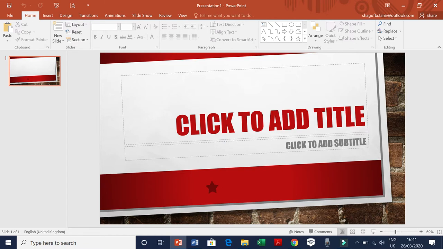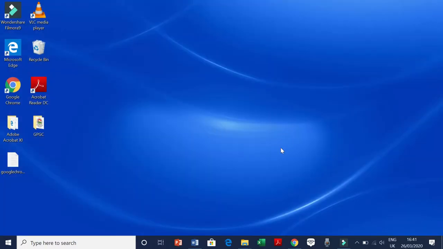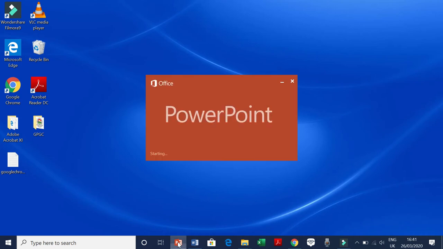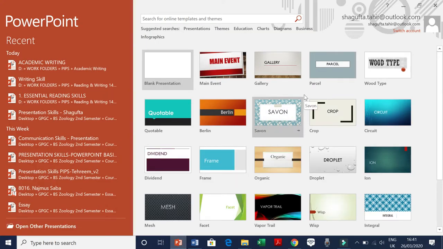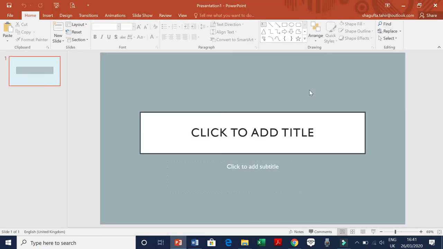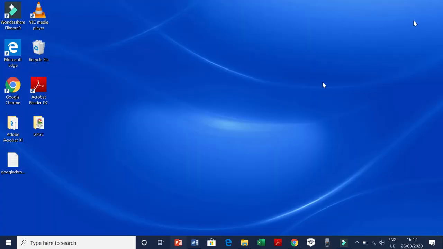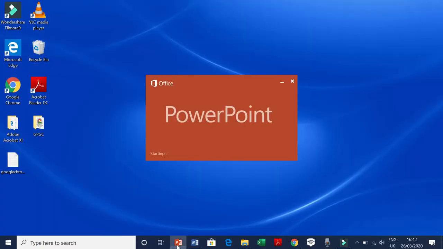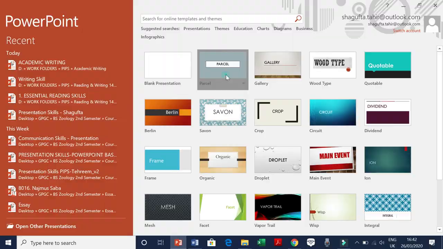I don't know why, it's quite a fashionable kind of thing. My purpose is quite serious, so I'm not going to go for it. Sorry, that just got closed. So for example, I can go for this one. This is simple. It also gives you many colors. There are many choices given. Let me just shut it and give you another. See, if I choose this,